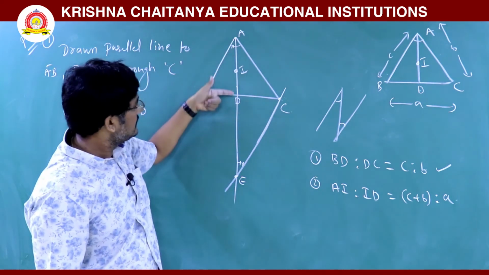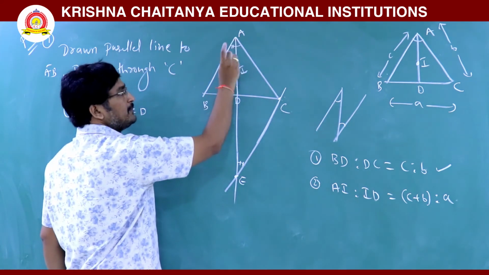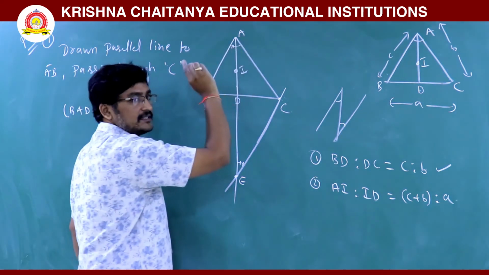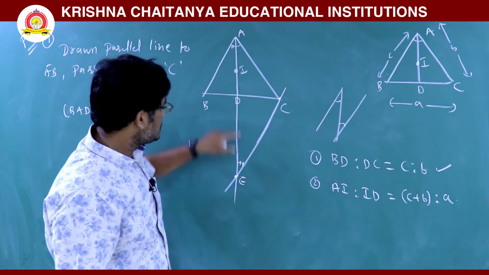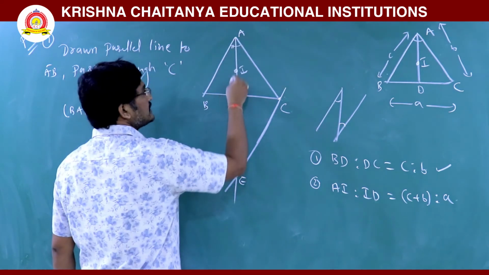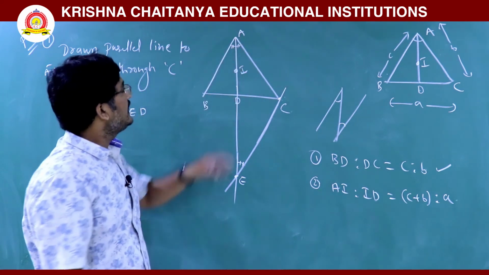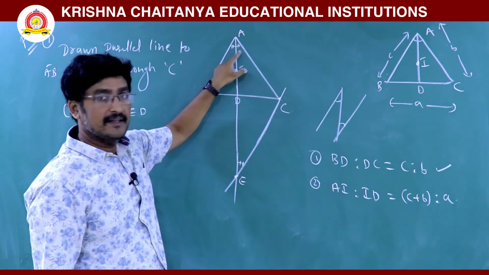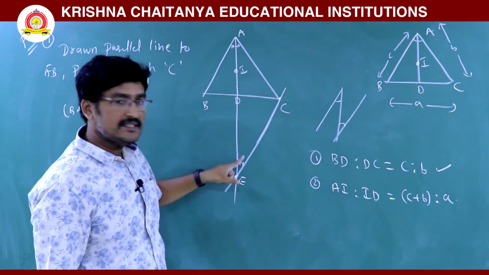But it is an angular bisector. That means this AD bisects the angle here. That means if this part is 45 degrees, then this is also 45 degrees. If this angle is 30 degrees, this is also 30 degrees. So these two are the same. Automatically, this is the angular bisector, so this is also the same. This one also has the same angle as this one. So this angle is equal to this angle, is equal to this angle, is equal to this angle.